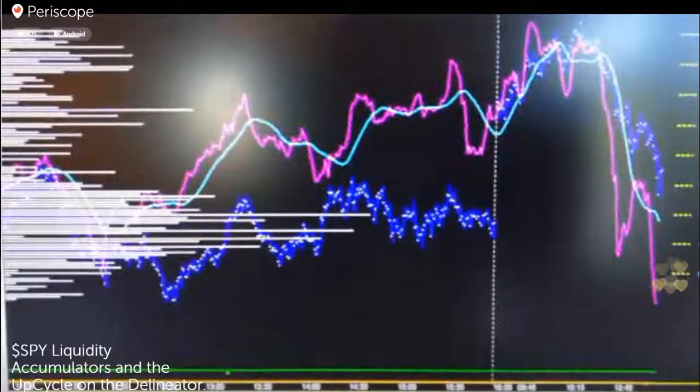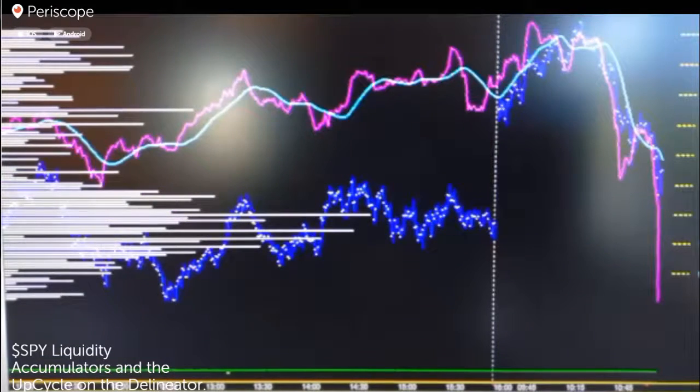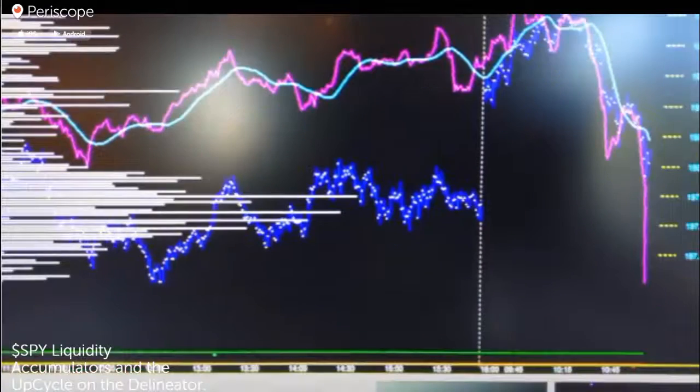So what we're looking at right here is the SPY market pressure accumulator, which we can see started to turn down at about 9:57, call it 10 o'clock. The SPY market pressure measures the visible supply and demand. We look at our liquidity accumulator, and we can see we just had a big sell spike,